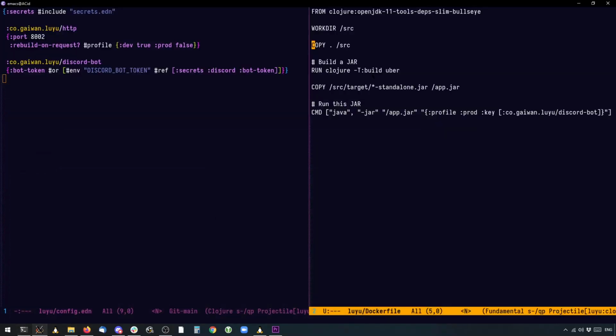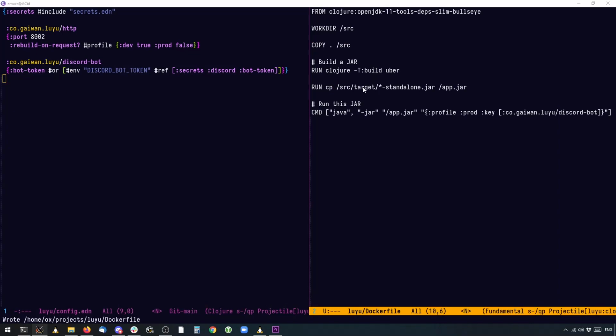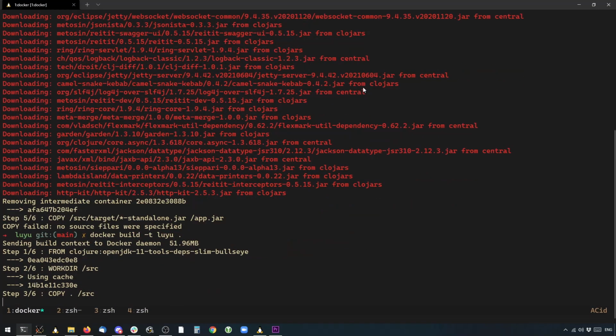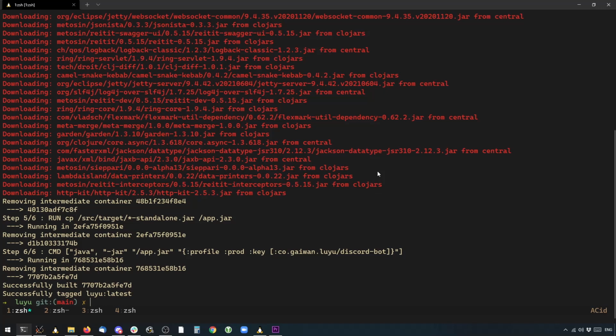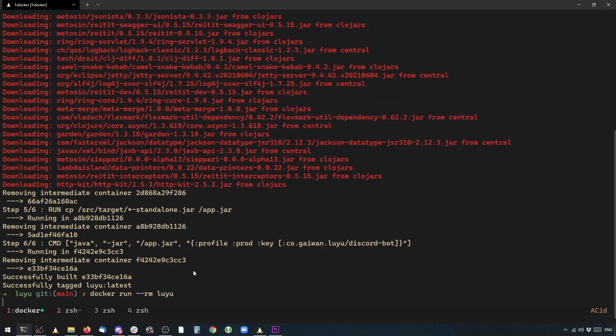What we actually want to do is run copy. So let's build this again. Perfect. So let's try to run this now again. And this is why I added the rm flag before, because now we are going to run this container, which should boot up instantly, because we have all the dependencies already installed. We have the jar file available. We just need to run it. So let's do it.